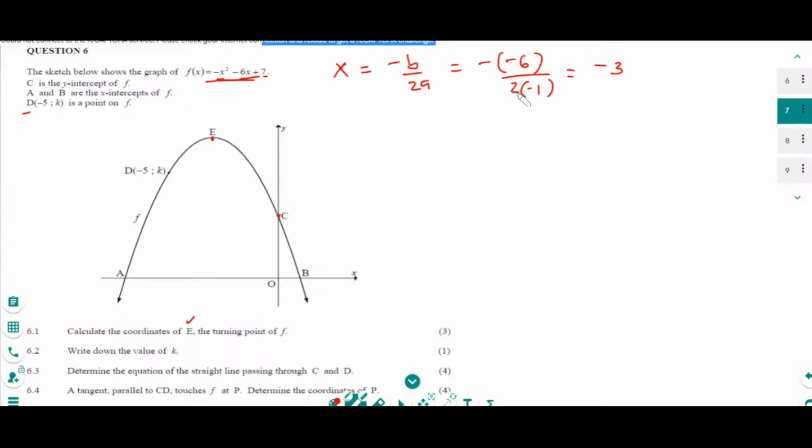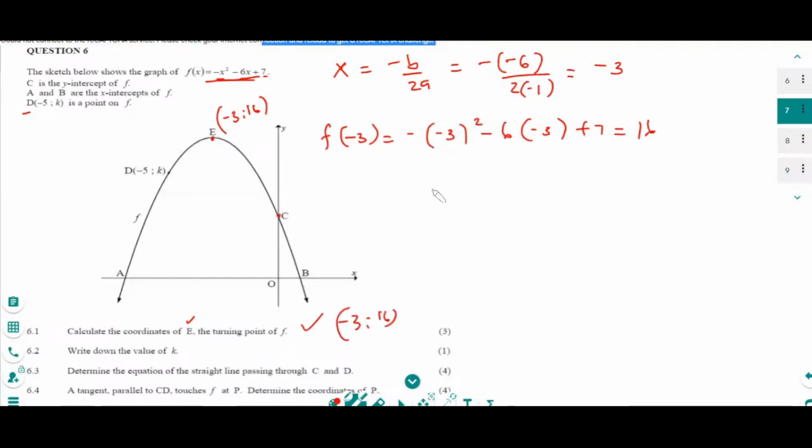Then we need to find the y coordinate. Just substitute this into the main equation. So f of -3 will be -(-3) squared minus 6 times -3 plus 7, and this is going to give me 16. So the coordinates here are -3 and 16. That is 6.1. And then 6.2,